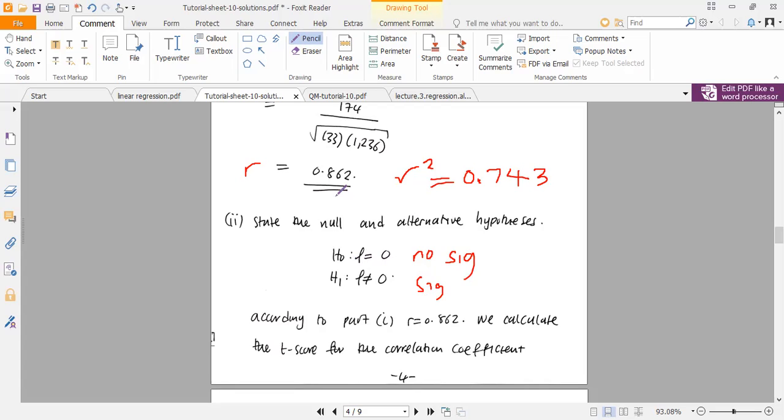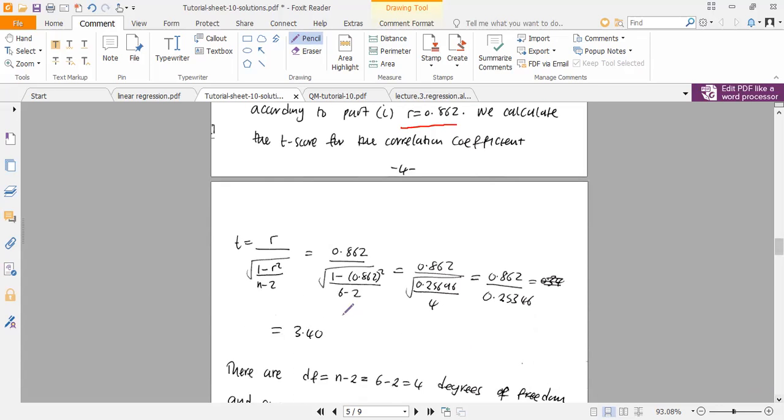So we found our R to be what? 0.862. Now I want to use the t-score to test the significance. So to test the significance, we're using t is equal to R times the square root of (1 minus R squared) over (n minus 2). Our R is 0.862, 1 minus 0.862 squared over n, which is 6 minus 2. When you do the computation, we get 3.4. Now, our decision rule will be to reject if